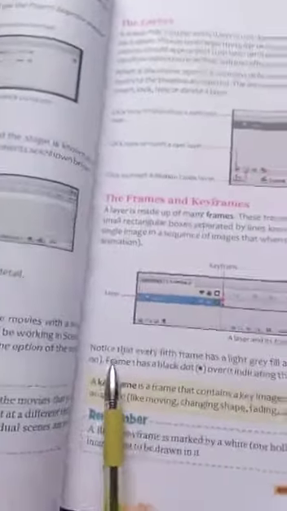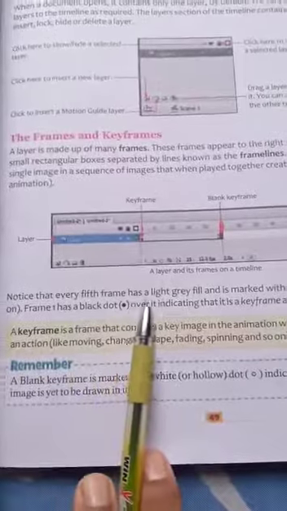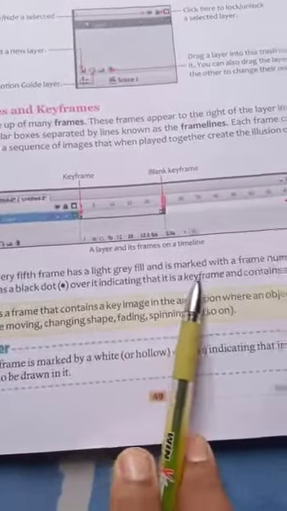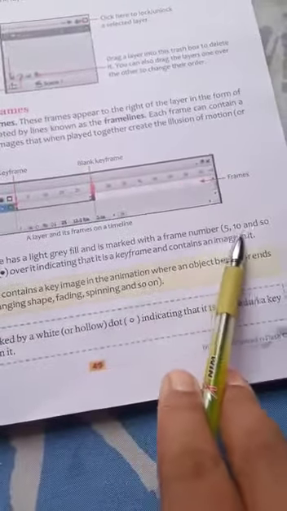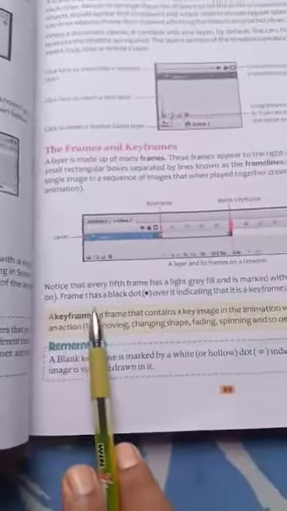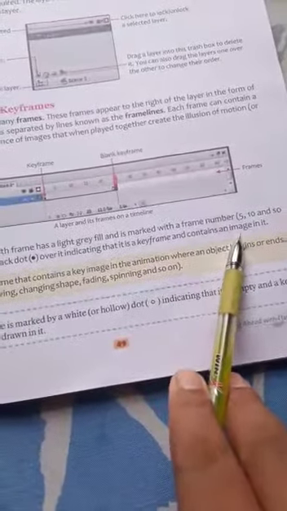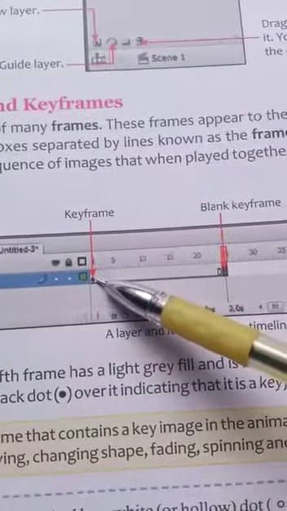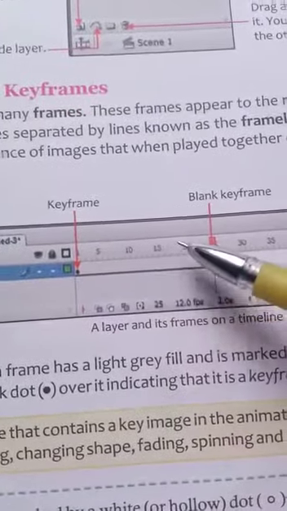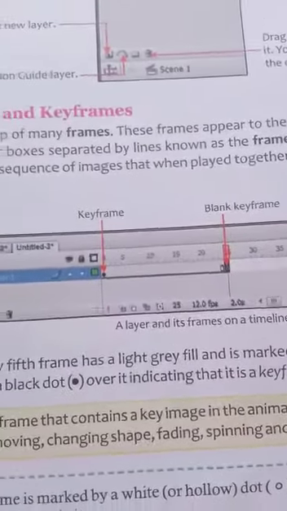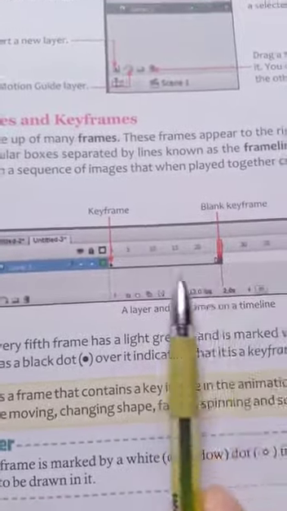Notice that every fifth frame has a light gray fill and is marked with a frame number, 5, 10 and so on. Frame 1 has a black dot over it indicating that it is a keyframe and contains an image in it. Look, this is the black dot, this is keyframe 1; then 5, 10, 15, 20, every fifth is gray.